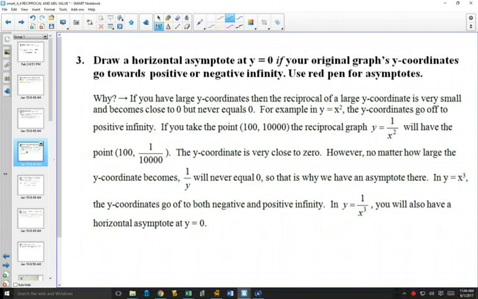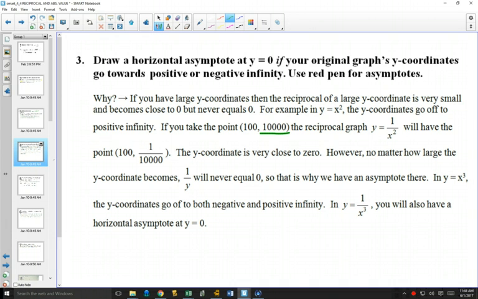And you're going to have that if your original graph either goes up forever and your y values get bigger and bigger and bigger, or if your graph goes down forever and your y values get smaller and smaller and smaller. Remember that a horizontal asymptote is looking for what happens to your graph as your x values go to infinity or to negative infinity. And so if your y values get very big, so I used an example here